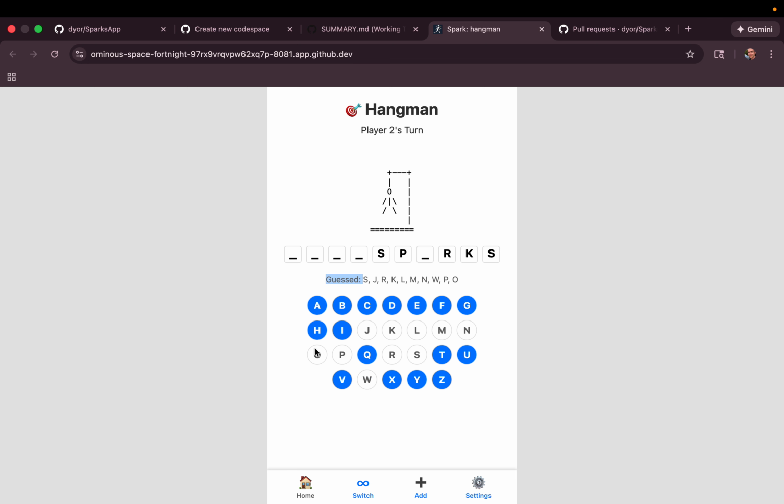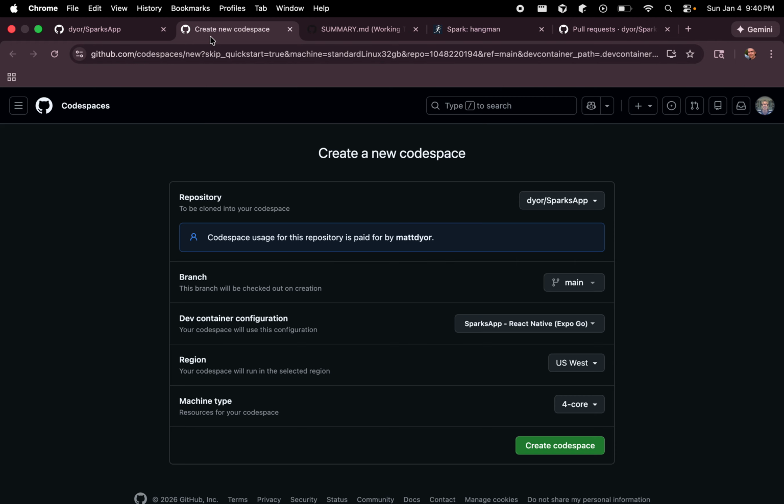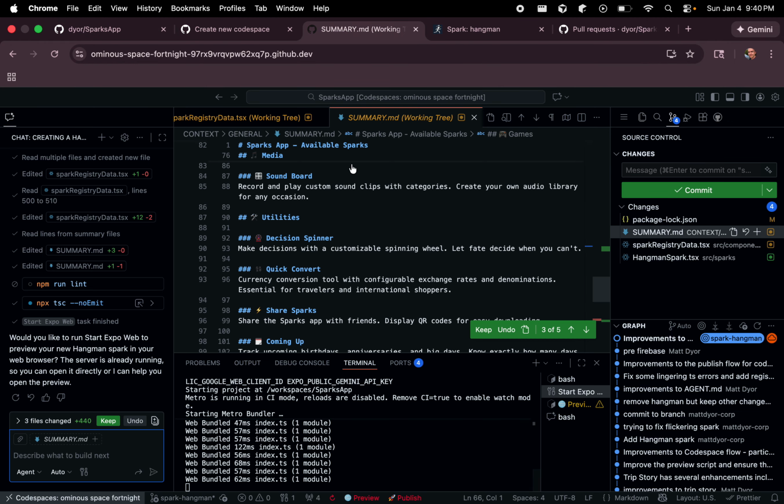Oh, that's funny though. There's no losing. I think there's an extra spot in there. All right, so it doesn't kind of tell you that it lost, so you just go tell the agent, hey, make it so that at the end of gameplay, there is a designated winner, but we're not going to worry about that right now. We're going to go ahead and commit this, and our message will be to created